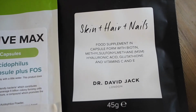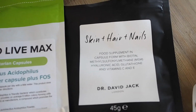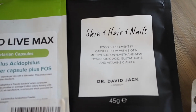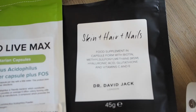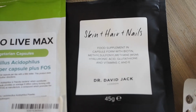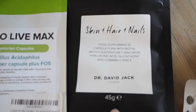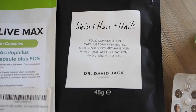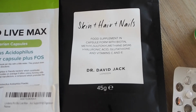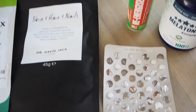And this is just for my skin, hair and the nails. Again, you see there's vitamins C and E. I'm not a nutritionist, and I am guilty of not following exactly if I'm doubling up on something, but as far as I can say, you know, I haven't really felt anything like overdose or anything like that. So this, I think, is my third package, so very, very happy with that. All of the kind of supplements by Dr. David Jack. So these would be kind of like pills when it comes to pills,